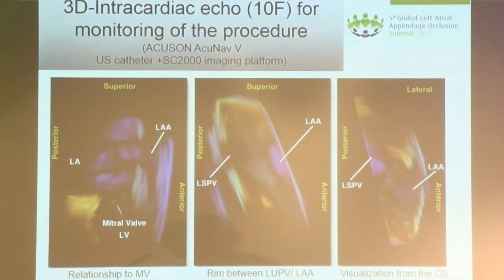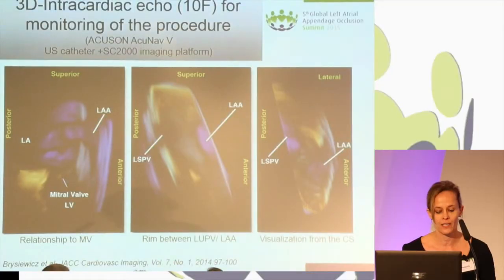So what you can see here is a very small angle, and that's a major limitation, I think, with 3D ICE at the moment, because the angles we can acquire is around 20 degrees. But it is possible to evaluate the left atrial appendage ostium, even to the neighboring structures, as we see here, the mitral valve. This is a rim between the left atrial appendage and the left upper pulmonary vein,